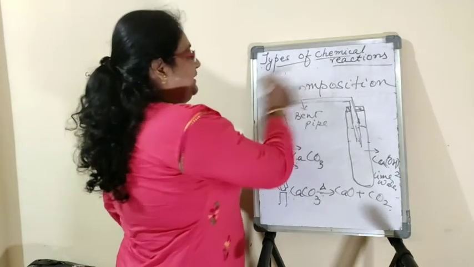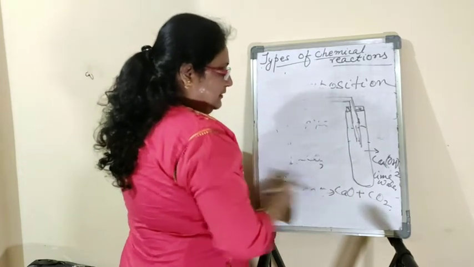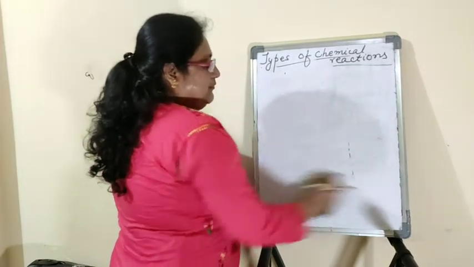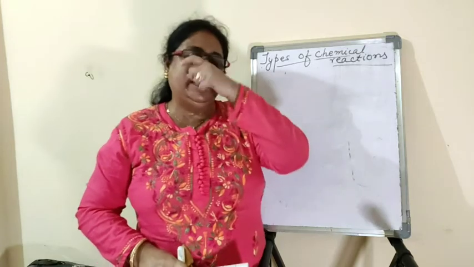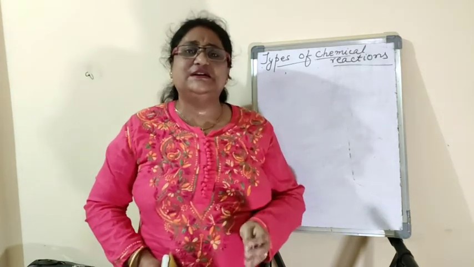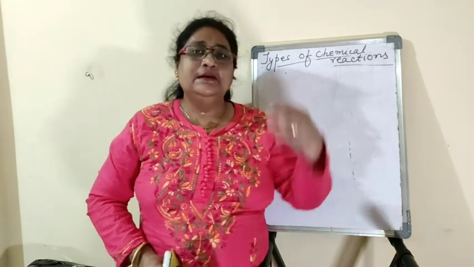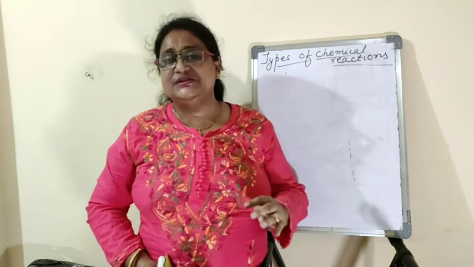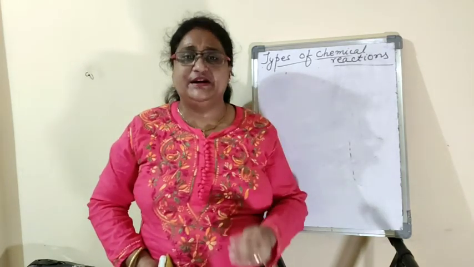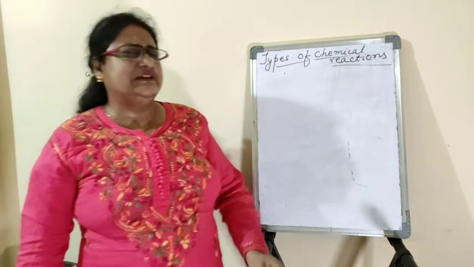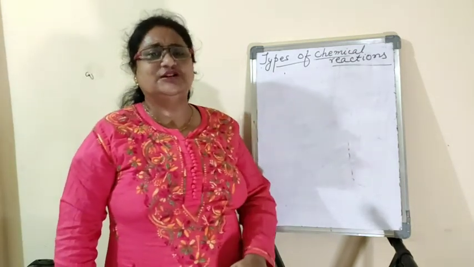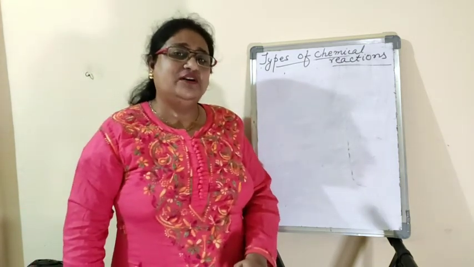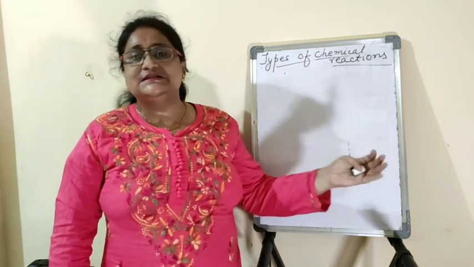Another example we can take, which we have already read in class 9, is the electrolysis of water. Generally water cannot be dissociated by any reaction, and even if it is heated further, it will not dissociate, rather it evaporates. It takes a little bit of effort, and dissociation of water takes place only if electricity is passed through the water. We have already seen that in the previous class, the 9th standard.